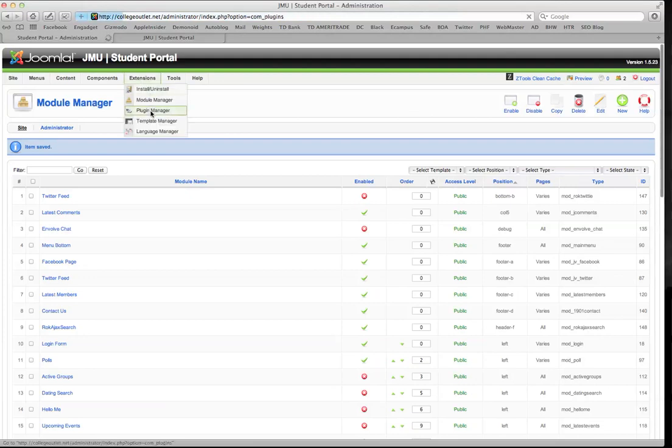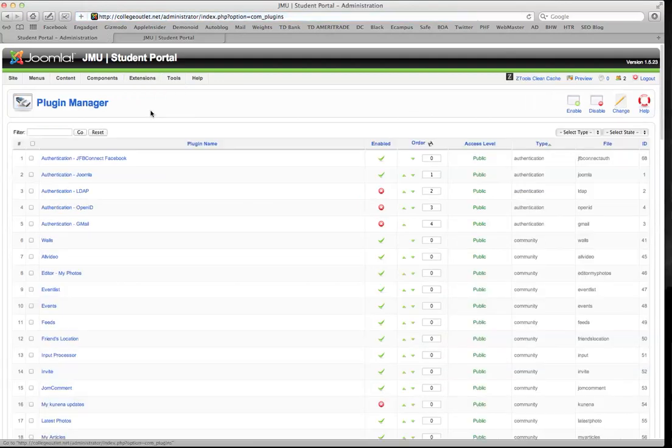A plugin, on the other hand, is sort of like if you run a video and it requires certain codecs to watch that video. That's basically what a plugin is. It's an extension for Joomla to give it more power. So for instance,